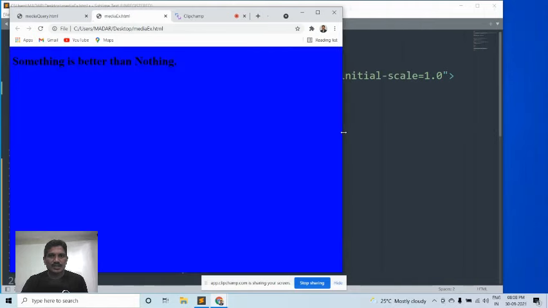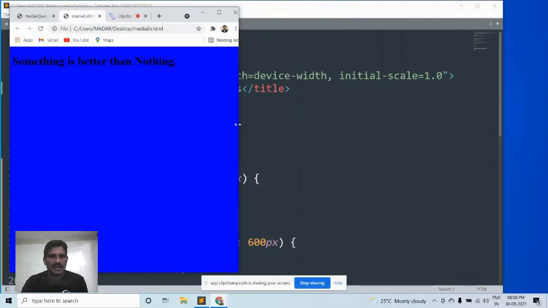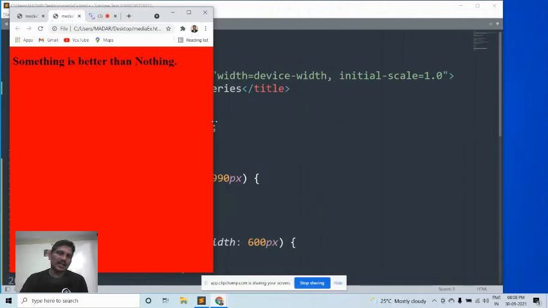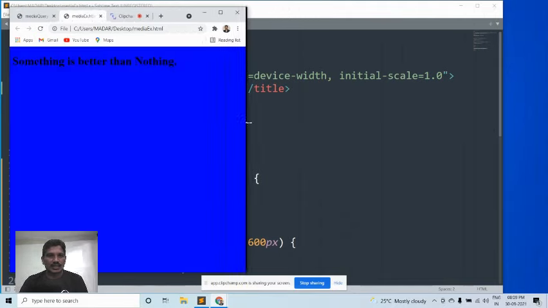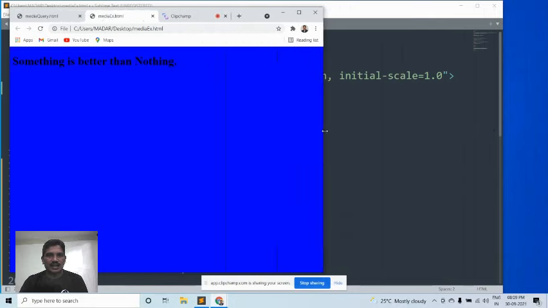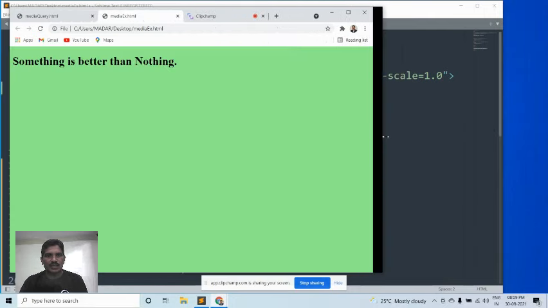When it changes to 990 pixels, the color should be blue. When it changes to 600 pixels, the color should be red. Because only when the condition is true is the CSS code applicable. At that time, we use the media query. Is it clear? When resizing the window, the CSS code is applied.